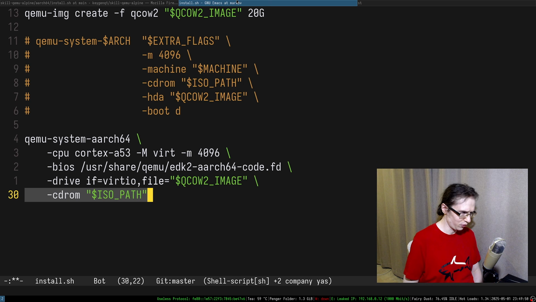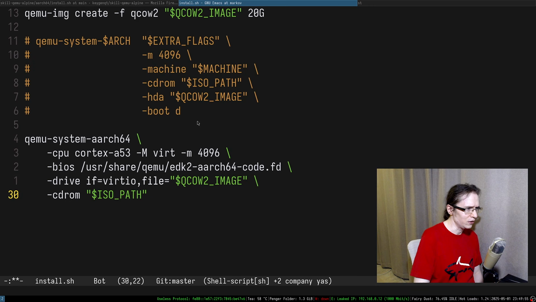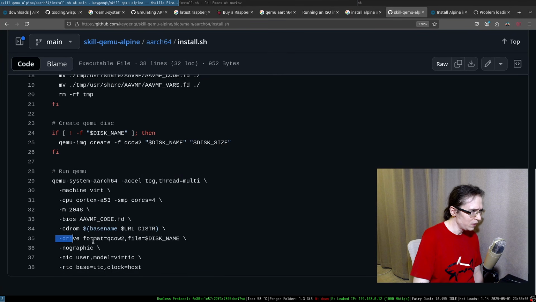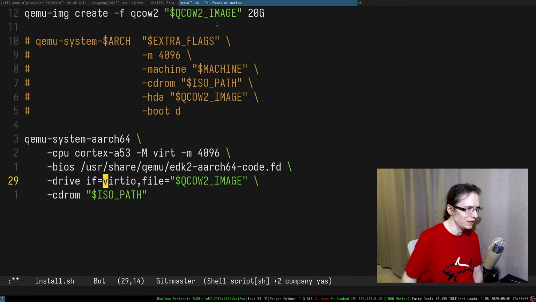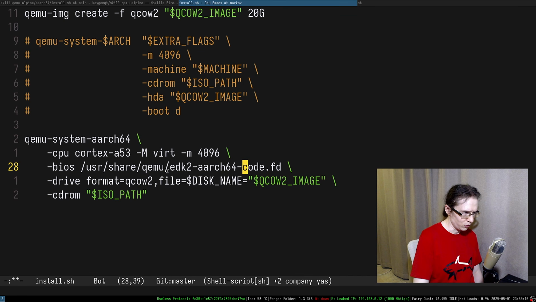So this is the ISO flag. All right, and for the drive, we use a qcow file. And by the way, we have to use format qcow, right? Otherwise it doesn't particularly work. So this is what we have to use in here, right? So format qcow, CD-ROM, BIOS is this one.